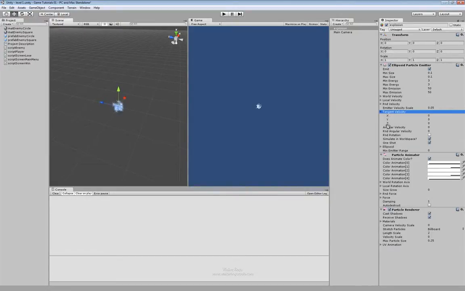We've got x, y, z. They correlate with the x, y, and z on our axis here. Let's say we want to push these out. Let's see, if we're looking at this as our y, and I believe that's x. Let's give it a shot. Let's see what we do. Let's say 2. There we go. Look at that. So with one number, we're able to push out that object and give ourselves somewhat of an effect of an